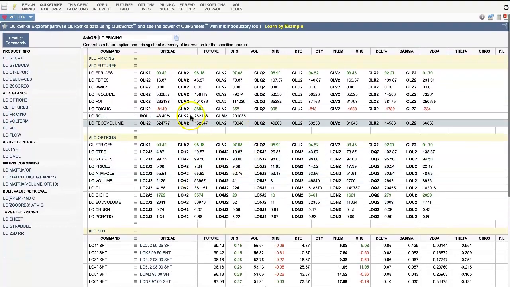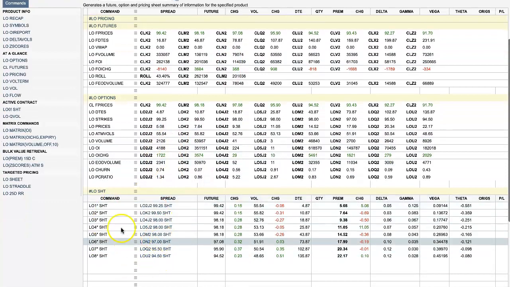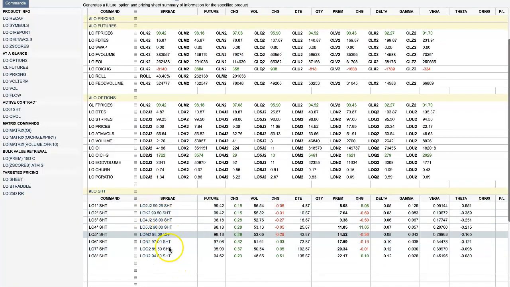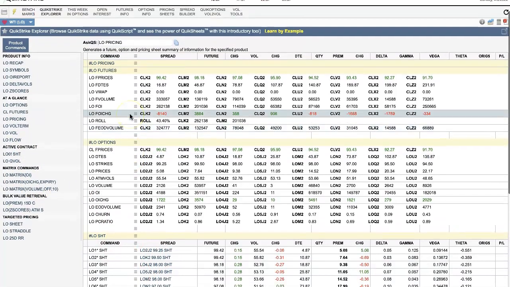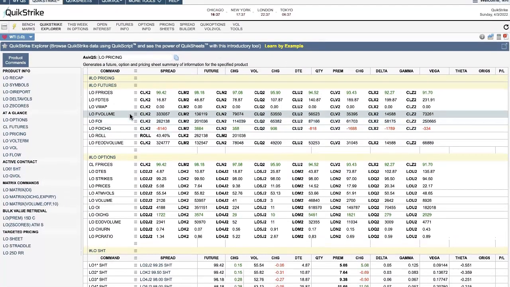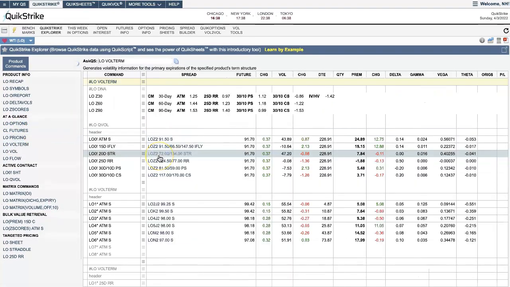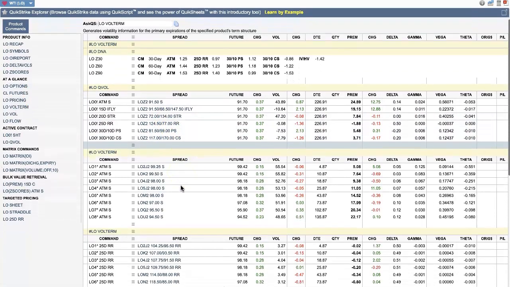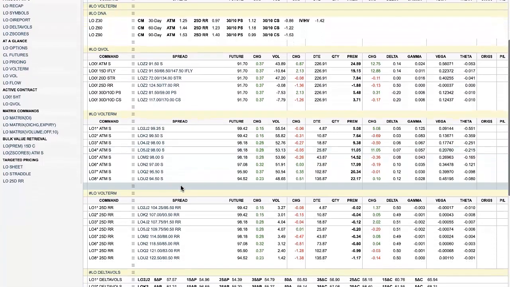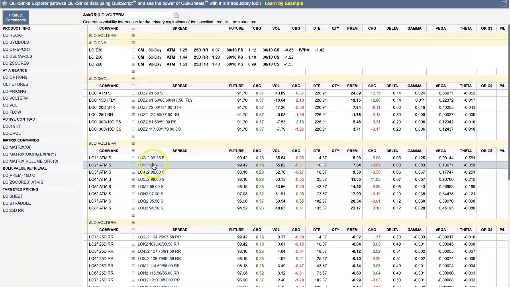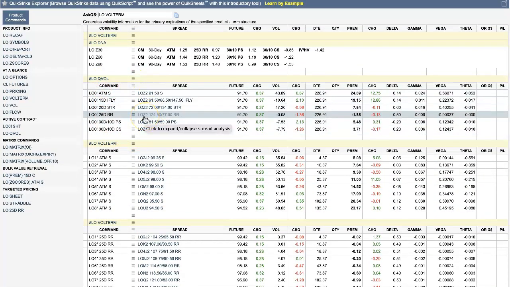So here you see futures information, you see options information, and then what we have down here is this sheet command. And this is going to be something we'll explain as we get down to this active contract section within the video explanation. So we built these other ELO vol term. Okay, here's another way to get quick information about a product. In this case here, we show you all the information about the highest open interest contract,